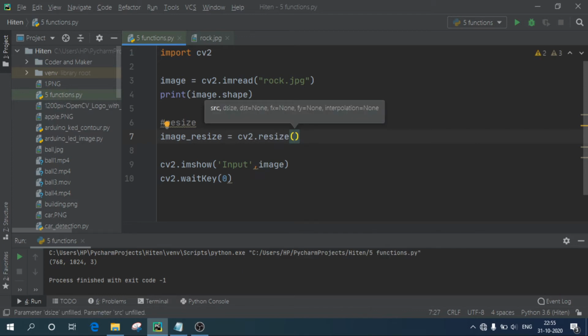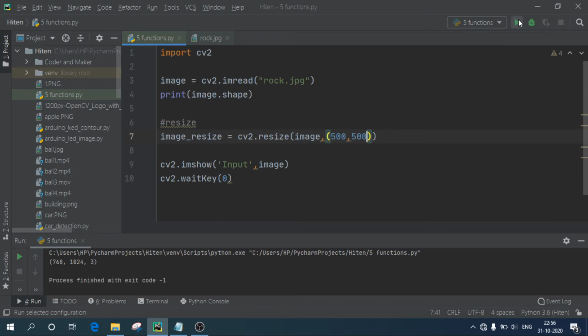First it will ask us to pass the image which you want to resize. The image I want to resize is rock.jpg, which has been stored in this variable. So I'll write that variable over here, image, comma. It will ask you for the width and the height. Currently I want my image as 500 by 500. So I'll write 500 comma 500.